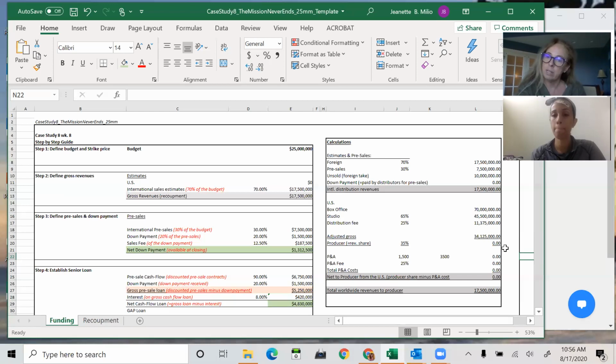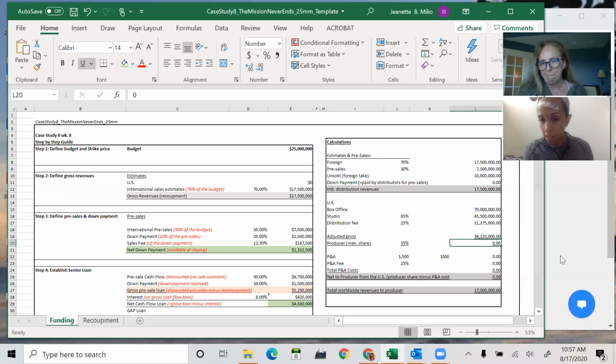So now in the assumption, the producer gets a rev share of 35%. So what is that rev share number? Producer's revenue share is 35% of the box office revenues after distribution fees. Which is this one. Okay, so here's the distribution fees, we deducted them. We had 45,500,000 that goes to the studio. Our distribution fees we figured out is 11,375,000. That leaves us with 34,125,000. That's what we are looking at right now that we're left with. Of that, our producer gets 35%. So how much would that be?